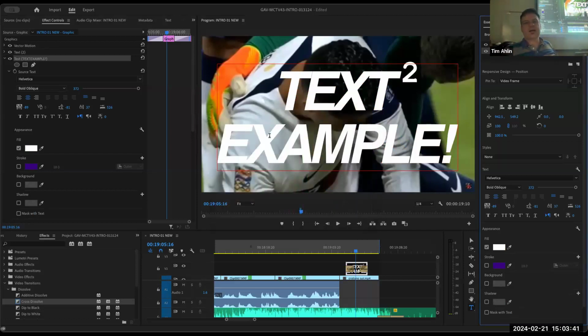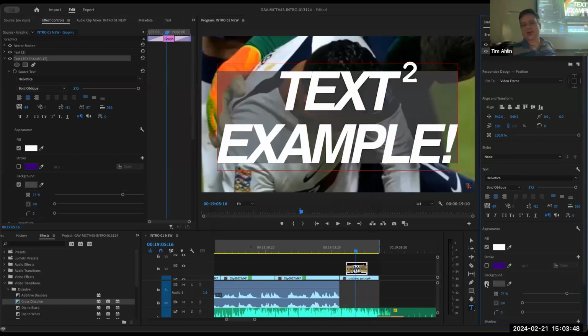Okay, the white kind of blends in with the white of the soccer player. So maybe I want a background. But with the background, maybe I want the opacity to be not as dramatic. I want to make it extend a little bit more, and I want it rounded.